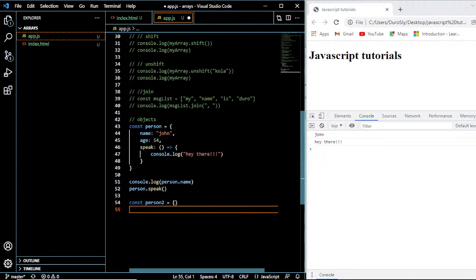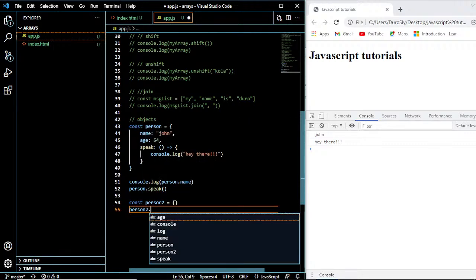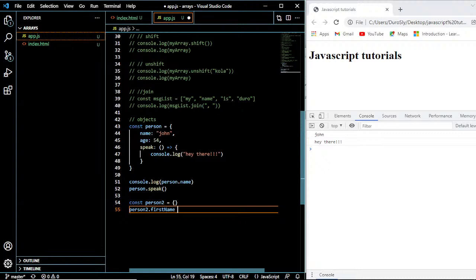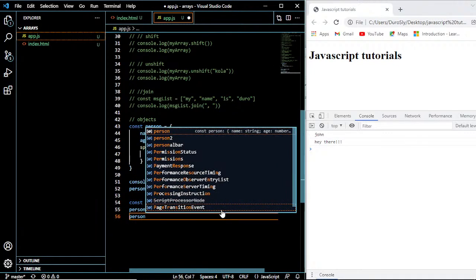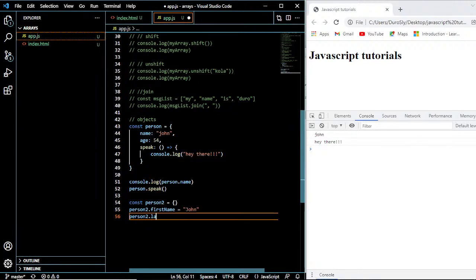At this point in time, there are no properties nor methods within person2, so I can say person2.firstName and set this to John, and then person2.lastName and set this to